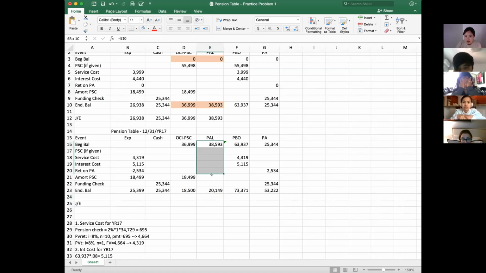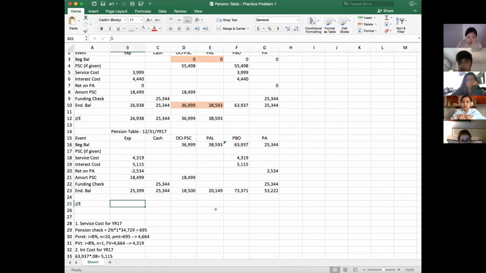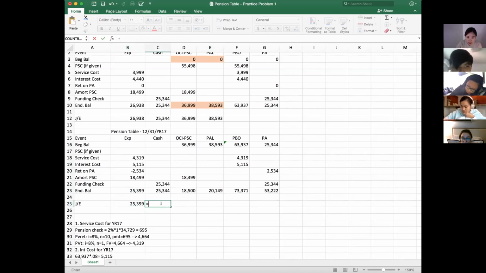But do you see this plan asset or liability? The liability balance decreased, right? So if the liability balance decreases, then we'll put that on the debit side. So journal entry for expense, we'll just do this. For cash, it will be debit to pension expense for 25,399, credit to cash for 25,344, and then right